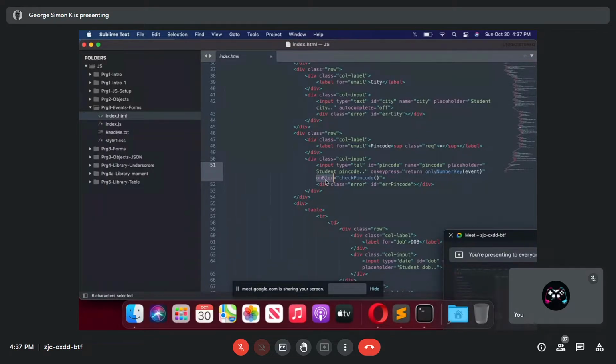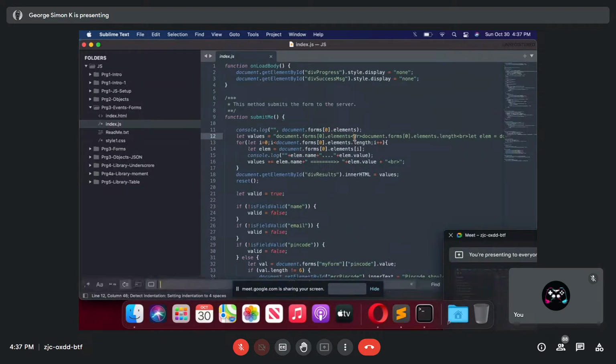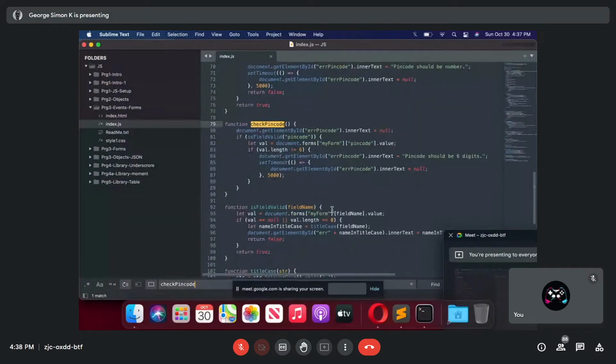Blur means when the user has finished typing and moved on from that text box. Immediately call this method called check pin code. It checks the value. If the length is not 6, it will show this error: pin code should be 6 digits.